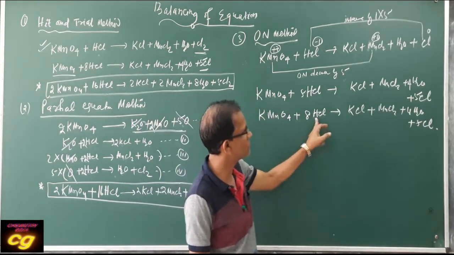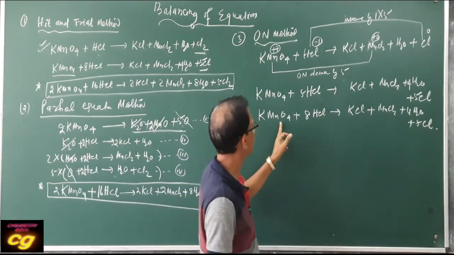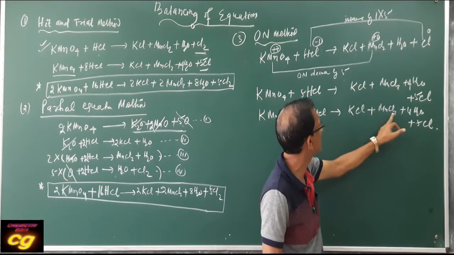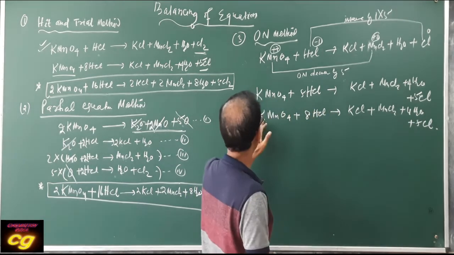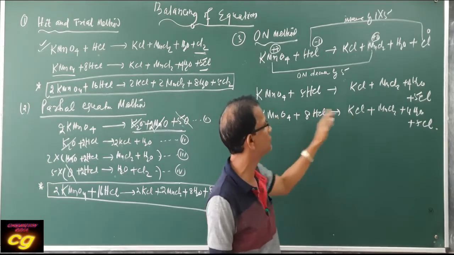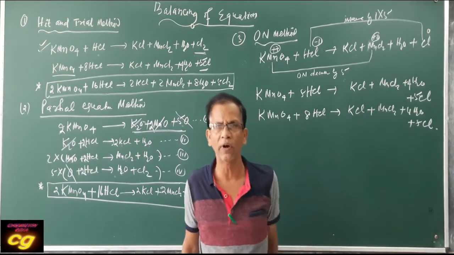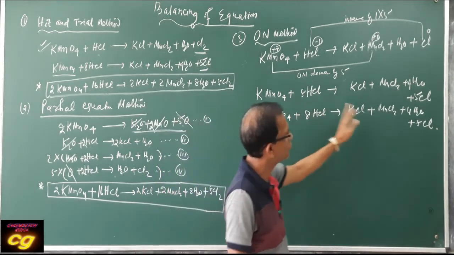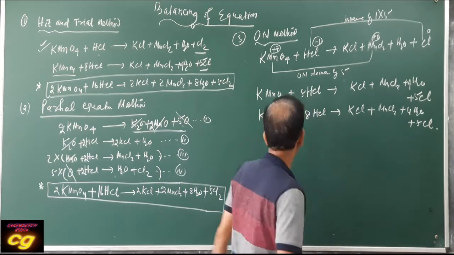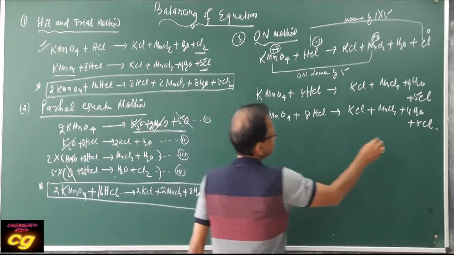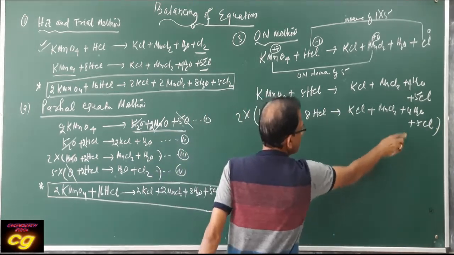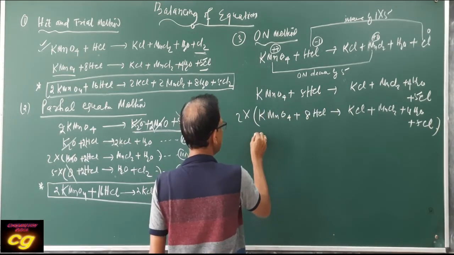Now you see, how much? So now 8 hydrogen, 4 oxygen, 8 chlorine: 5 chlorine, 2, 7 chlorine, 1 chlorine, 8 chlorine. Potassium 1, and manganese 1. In this way, you have to balance the equation. Then you convert atomic chlorine into molecular form. If you multiply by 2, then you can convert this atomic chlorine to molecular. So by 2, finally the result is